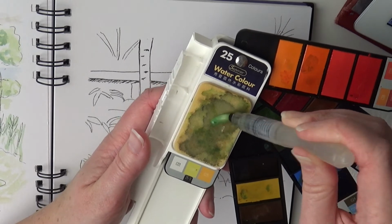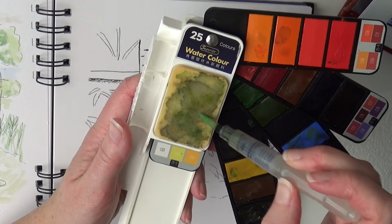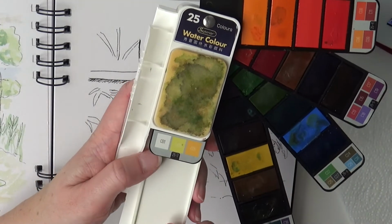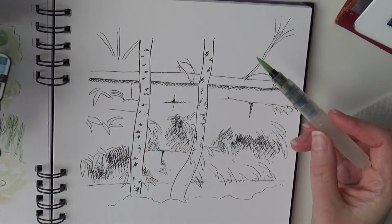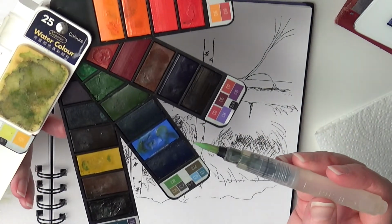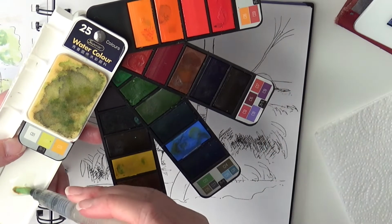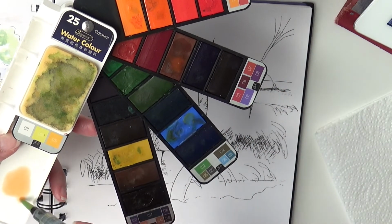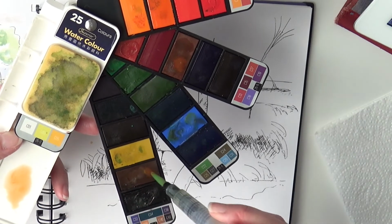I do need some more of these because I do tend to find that the green starts staining the brush. And there's a little palette here to mix colours, etc. So I'm going to do the background bit here, which is kind of like browny, kind of beigey colour. I think I might need a bit more of a...